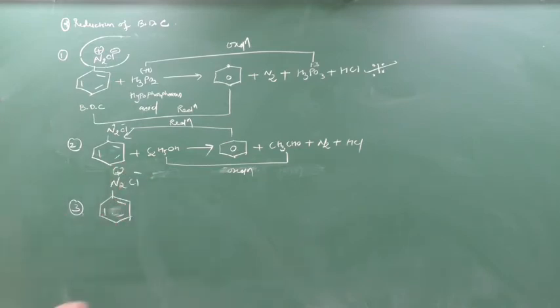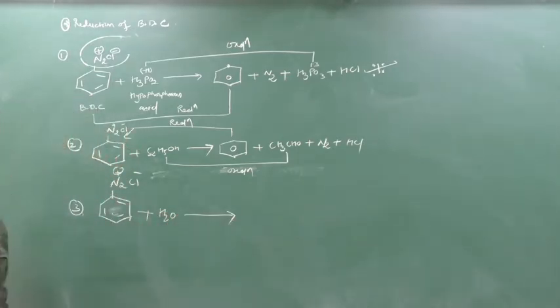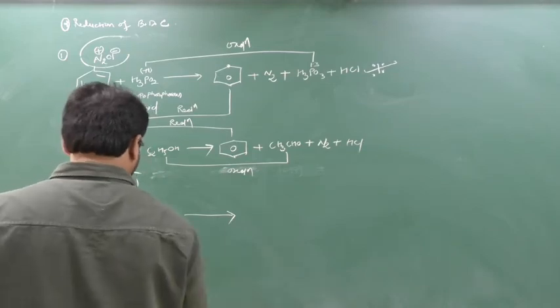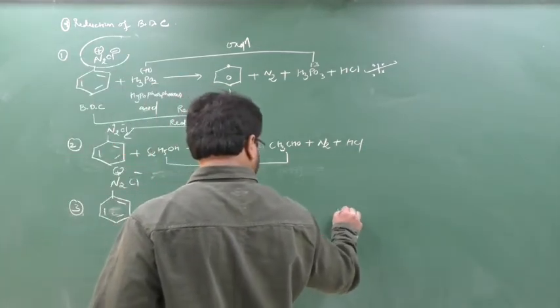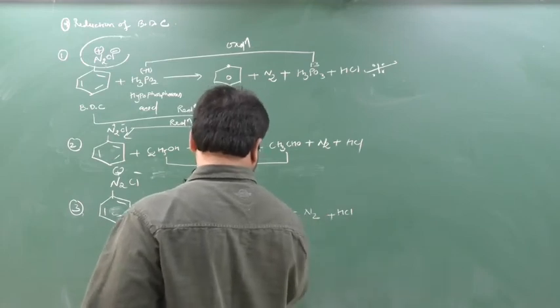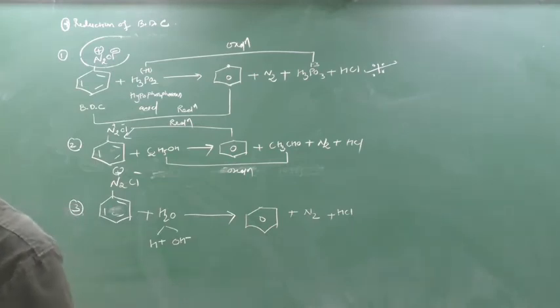Third is with hydrolysis, H2O. So on the reduction of benzene diazonium chloride using water, you will get here what? See, split this. This is H plus, this is OH minus. See, this HCl will be removed. Nitrogen is released, and here benzene. Or you'll get phenol, I guess. No, this is the answer. Clear this part? If you don't split also, this is the answer.